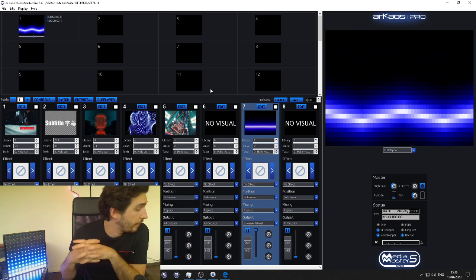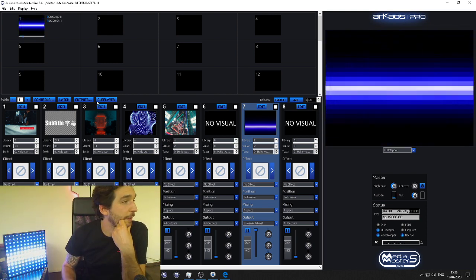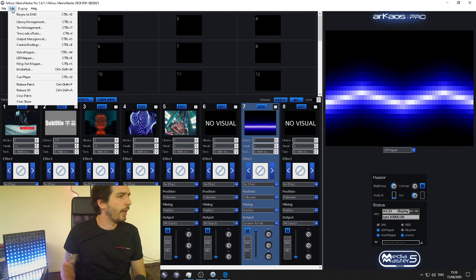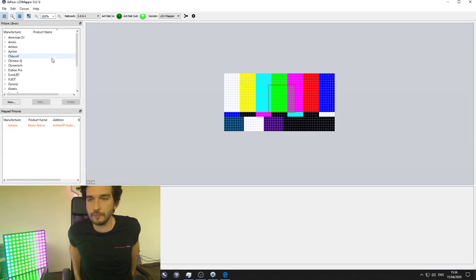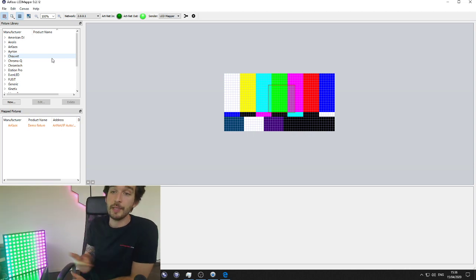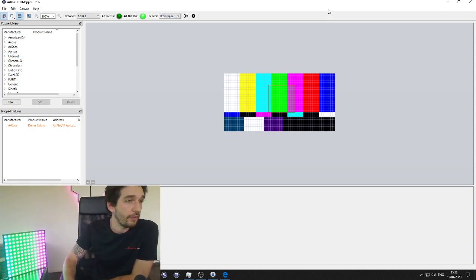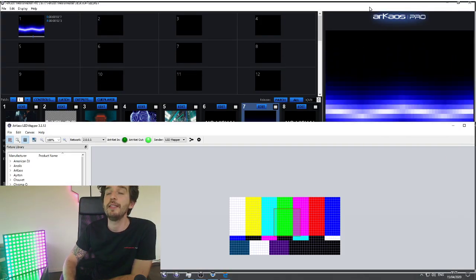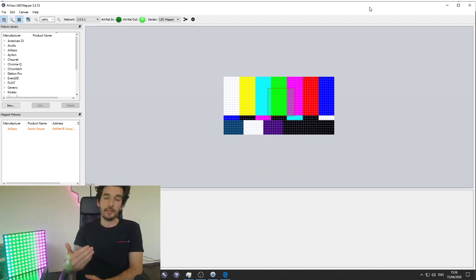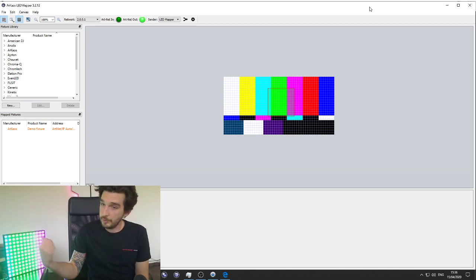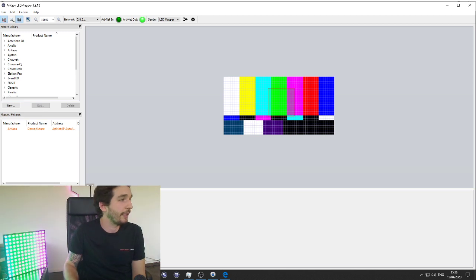Okay, how do I patch my fixture, send it to my media master? But there is a lot of much more advanced features there. Let's go back to LED mapper. Open the previous mapping. You can see that my output switched back to the test pattern. As I said, media master is still running in the background. If I move that, you can see that media master is still running right here. But as I open LED mapper, it takes over with higher priority because you like to do your setup, so you go back to your setup mode. So it blocks your output of media master, and you just see the test pattern there.